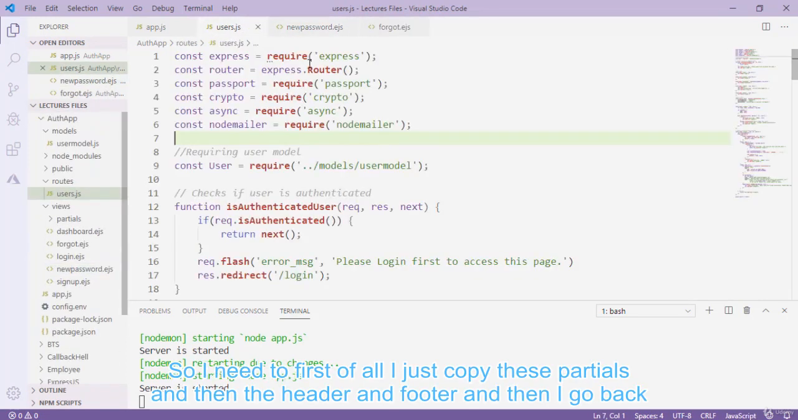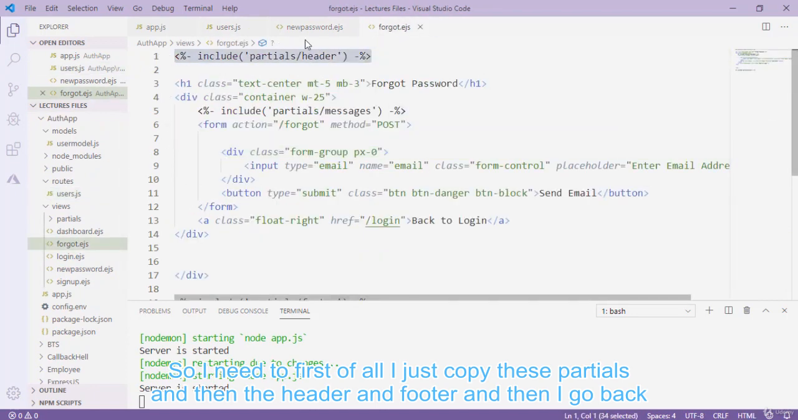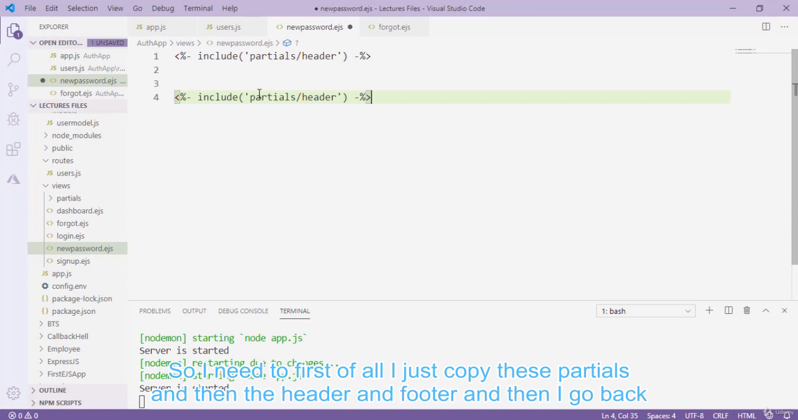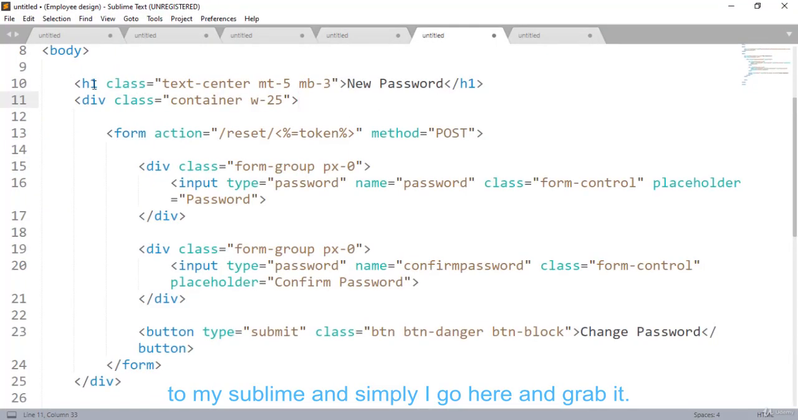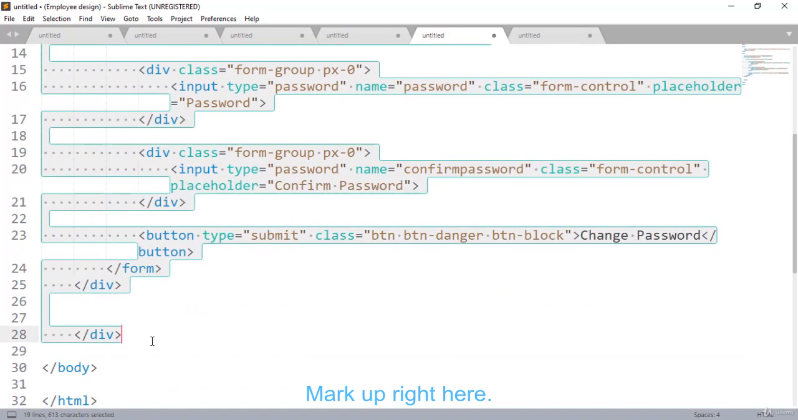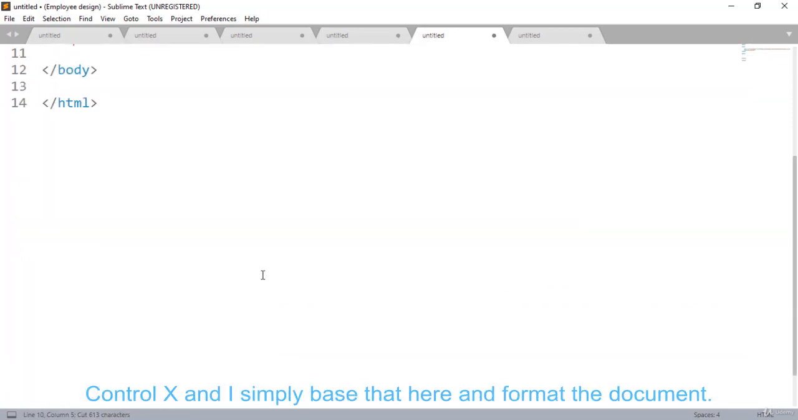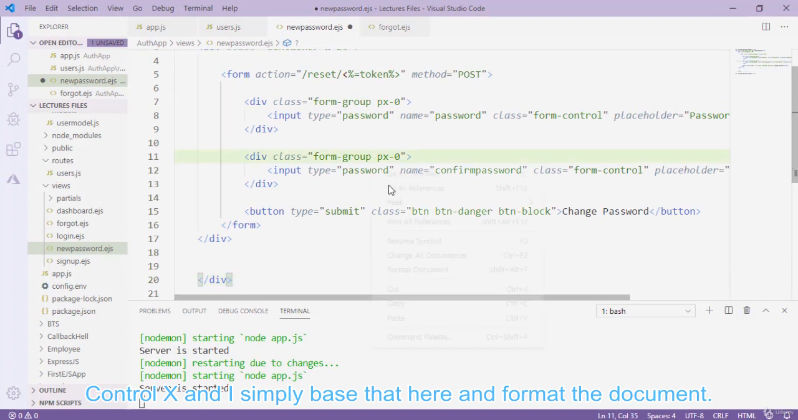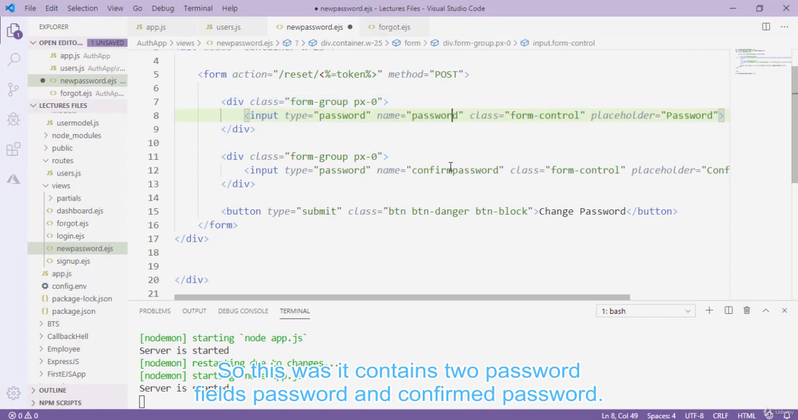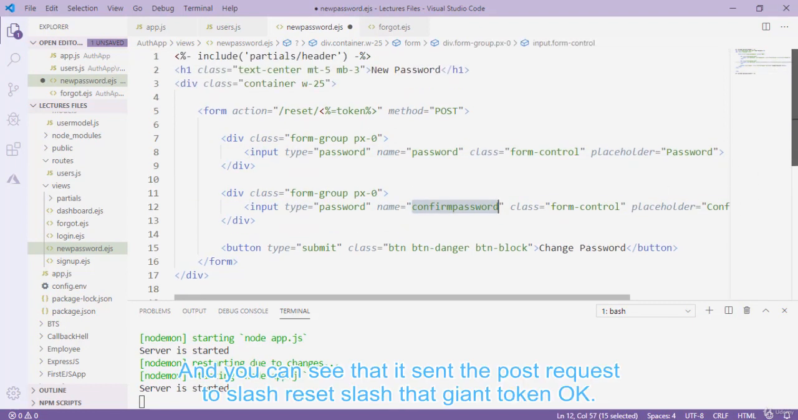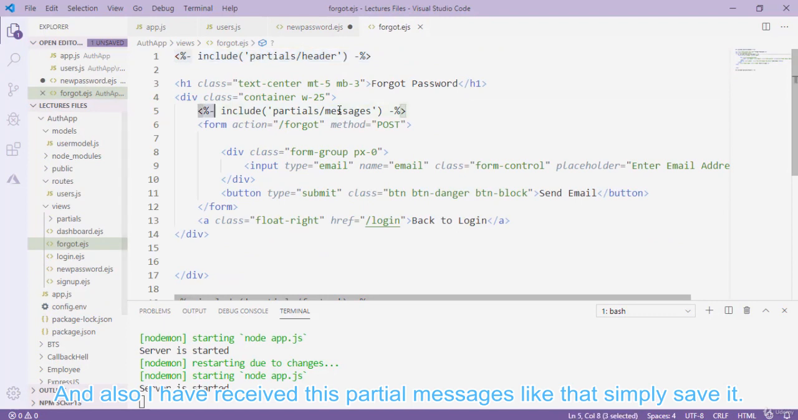Okay, so in here, first of all, I just copy this partials, and then the header and then footer. Then I go back to my Sublime and simply I go here and just grab the markup right here, Control X, and I simply paste that here and format the document. Okay, so this basically contains two password fields, password and confirm password. Okay, and you can see that it sends the post request to /reset/ that giant token. Okay, and also I have to set this partial messages